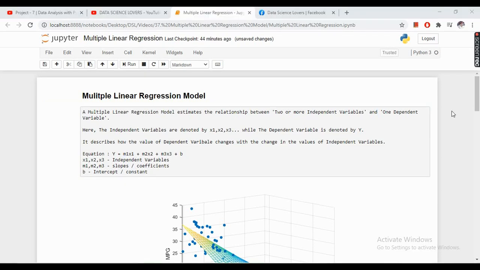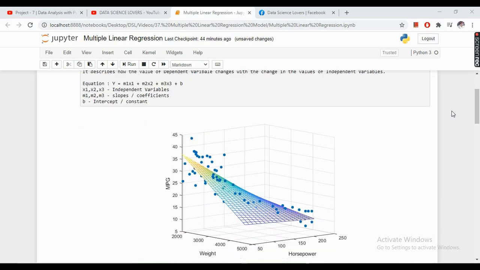Now, if we try to understand the multiple linear regression model with an example, then in this figure there are three variables. First one is MPG, second is weight, and third is horsepower. The MPG variable is our dependent variable, which is y, while the variables weight and horsepower are our independent variables, which are x1 and x2. There may be any number of independent variables, say 5 or 10.